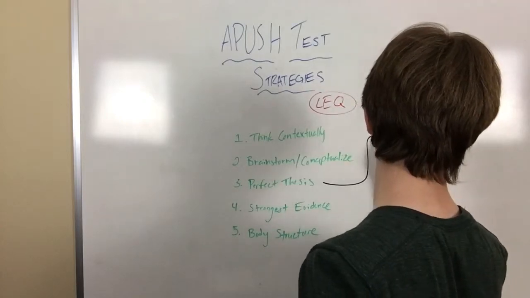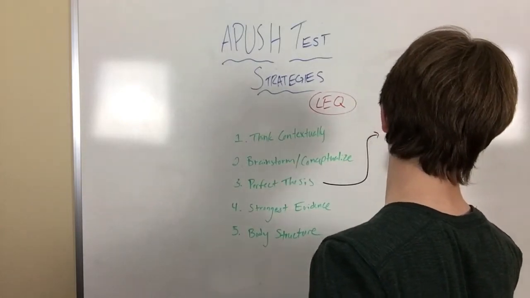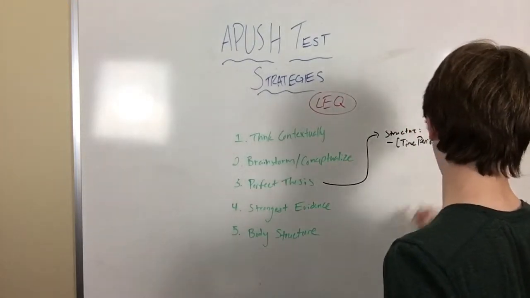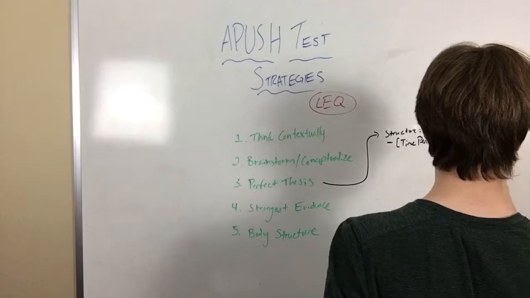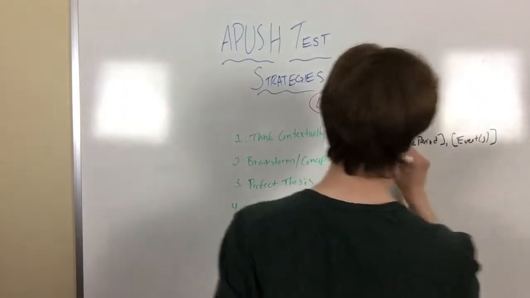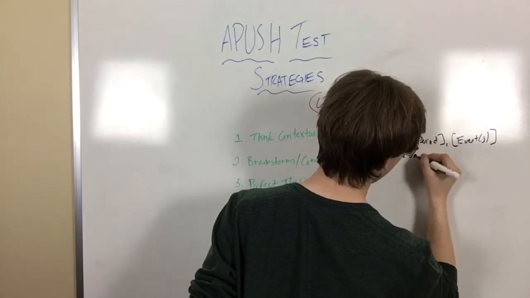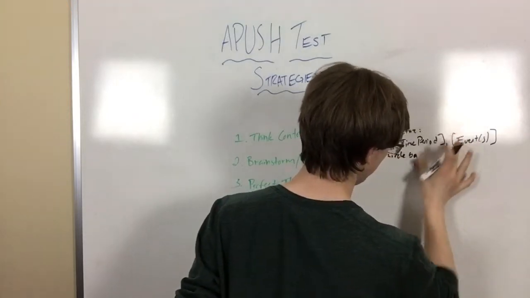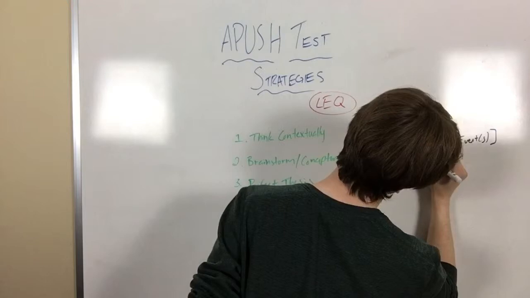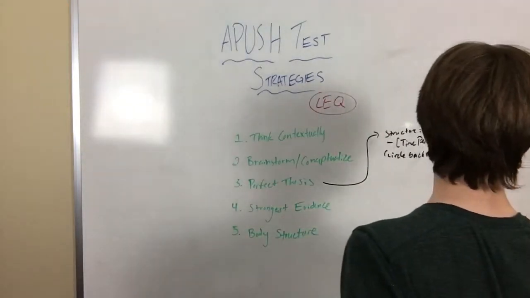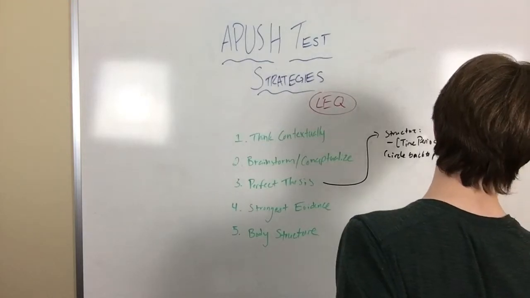You have time period, and then you have event or events. Then you circle back to prompt. You cite your historical skill. So this is either going to be